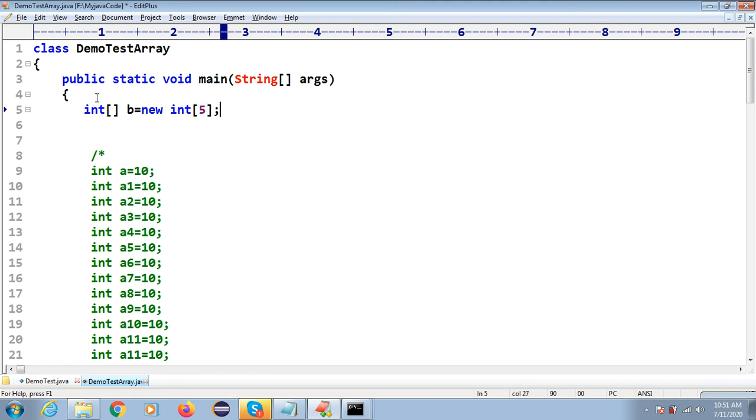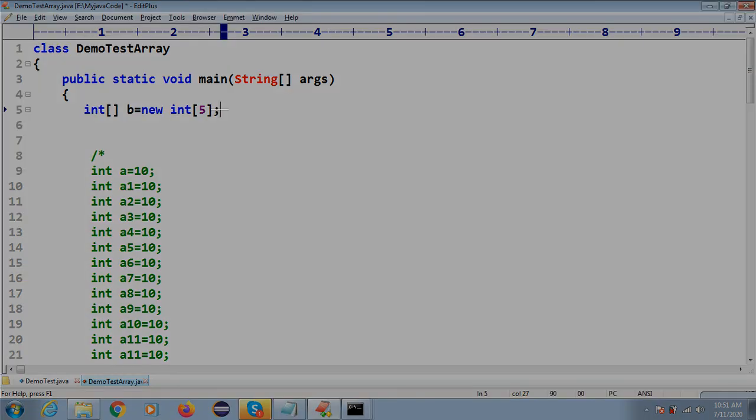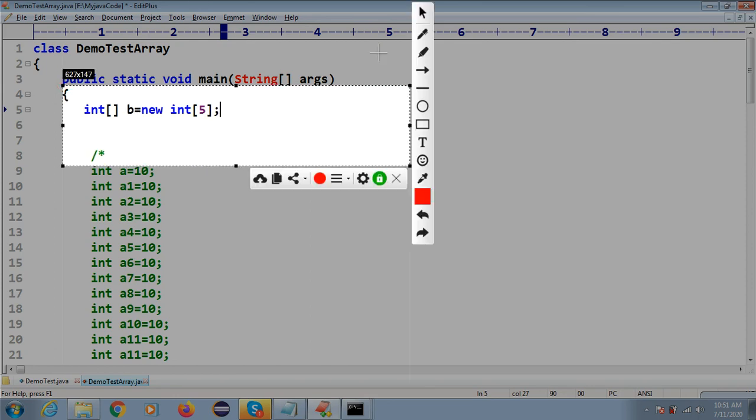I will explain this code. What is the meaning of that? Again, we have two parts in this code. You can see this is the same as object creation that we discussed. We have two parts. Here you can see two things are common while creating an object: one is the new keyword and one is the reference variable. But here we are not creating a simple object. We are creating an array type of object.